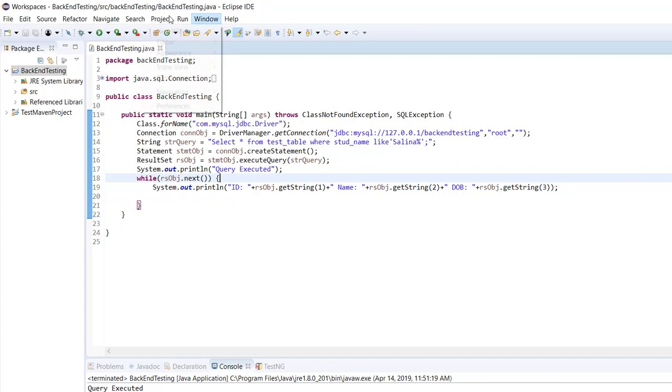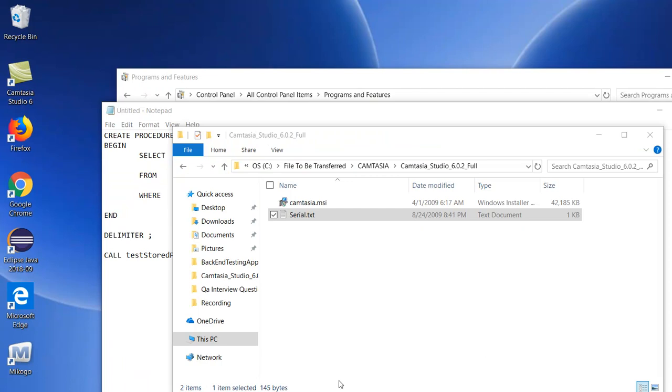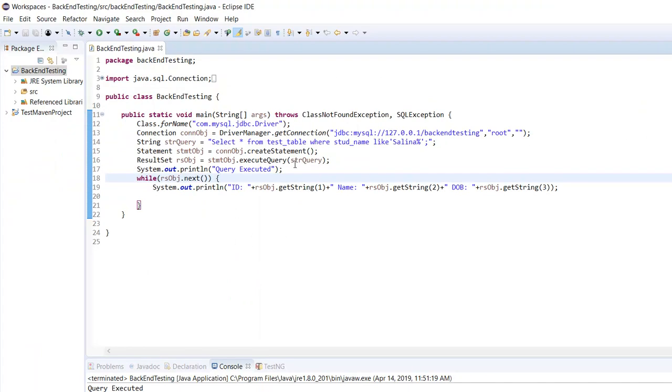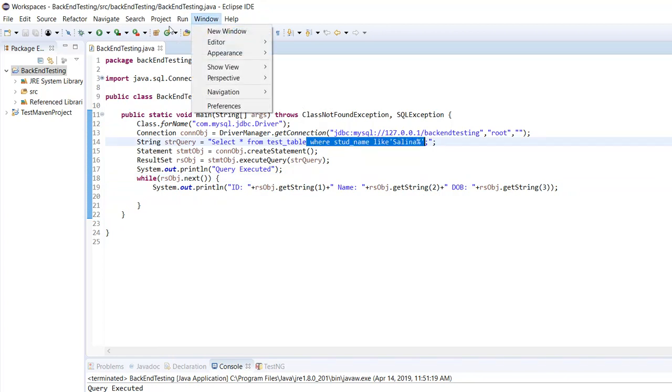So what it is doing, it is reading data from the table and showing it here in the front end. Now if I remove this custom query,